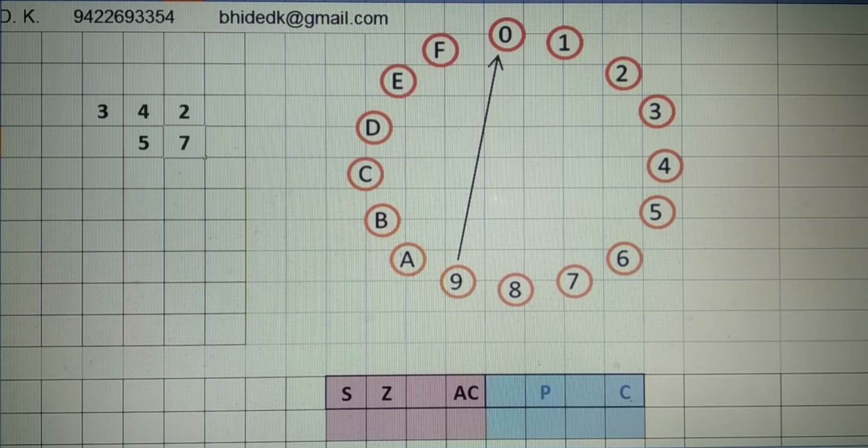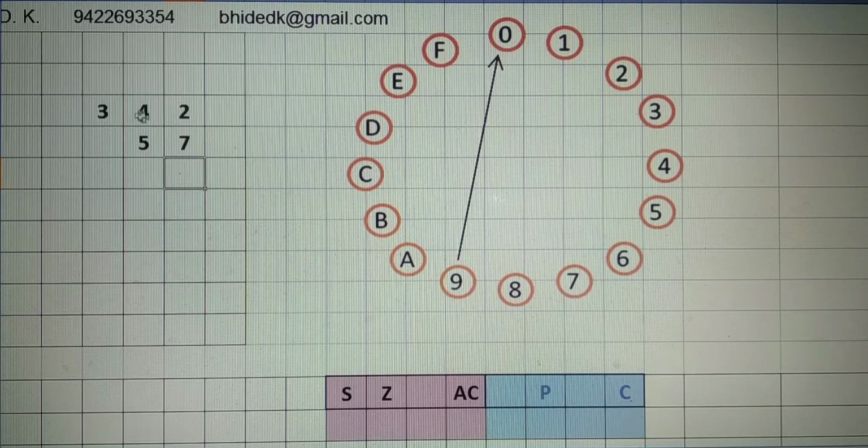Today I am going to explain how flags get affected when a bigger number is subtracted from a smaller number. For that purpose you have to understand what exactly subtraction is and how it takes place. We already studied this part in primary school, but again I am going to revise it.